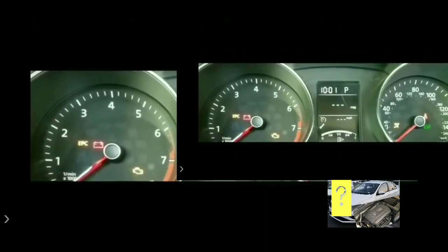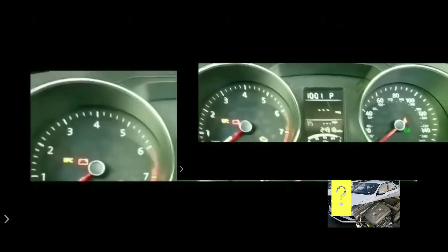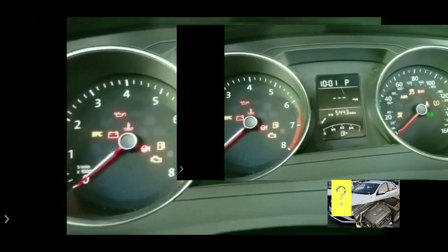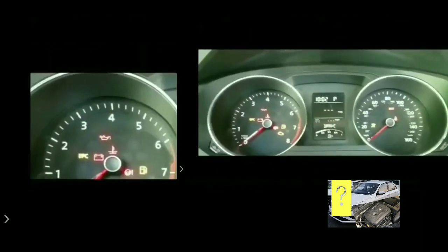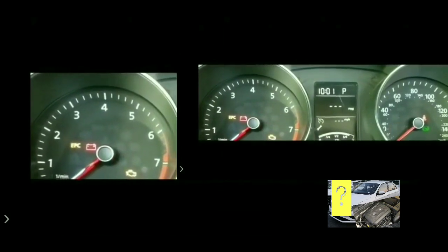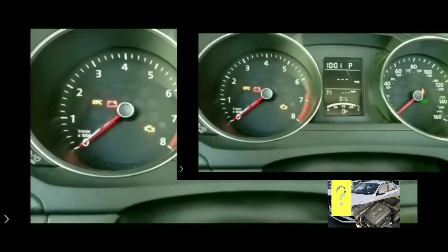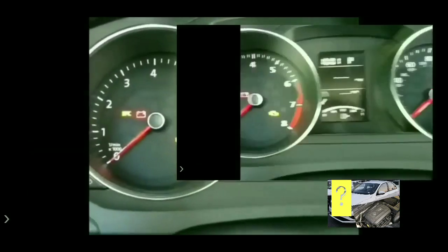So the second thing I did was I tried to check my fuses. Funny thing is, I do have a fuse tester with me. I do keep a couple of things in my car just for these kinds of situations. I tested all the fuses. All the fuses work without a problem at all. So at that point,